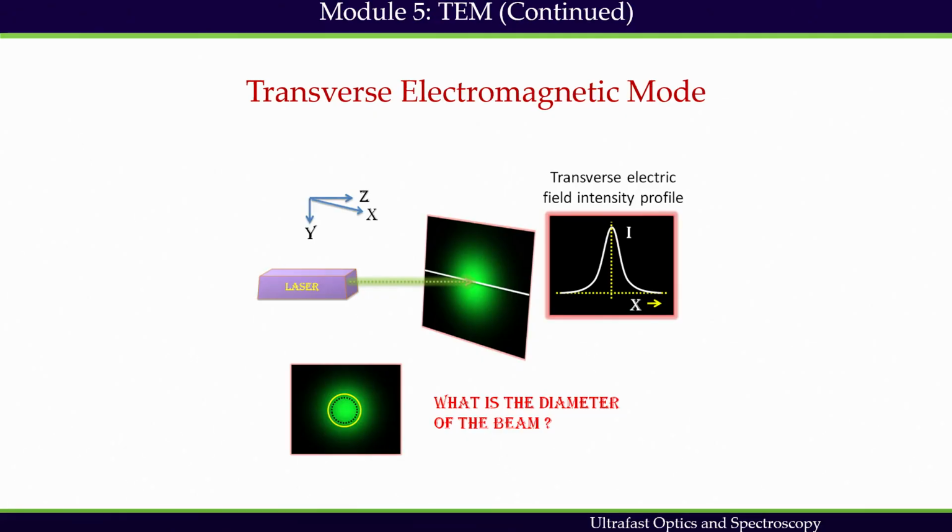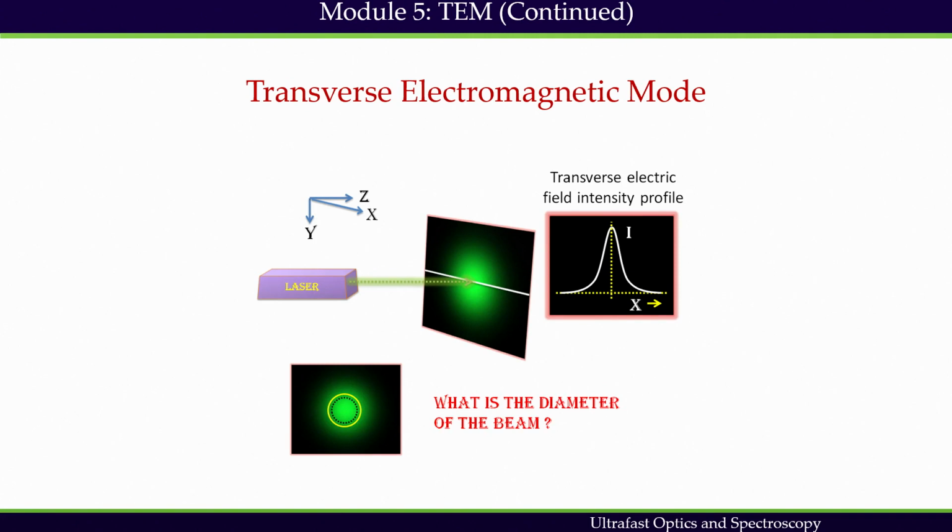We have discussed the transverse electromagnetic mode. One can visualize this mode if I have a laser beam propagating along this direction, and I place a piece of paper. Then I will be able to see the transverse electromagnetic mode on the piece of paper. And we have already pointed out that